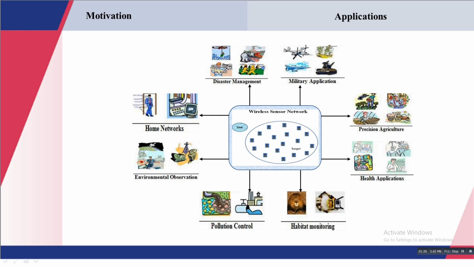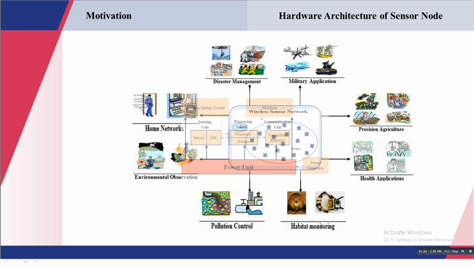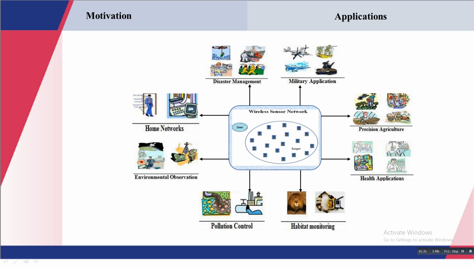These are the application areas where a sensor network can be applied. It can be used for disaster management, like monitoring earthquakes, volcanic eruptions, tsunamis, etc. Precision agriculture can also be done using the sensor network, where the crop yield can be maximized by measuring things like soil moisture. Patient health can also be monitored using the sensor network. Further, pollution control monitoring can be done, and home safety can also be ensured.